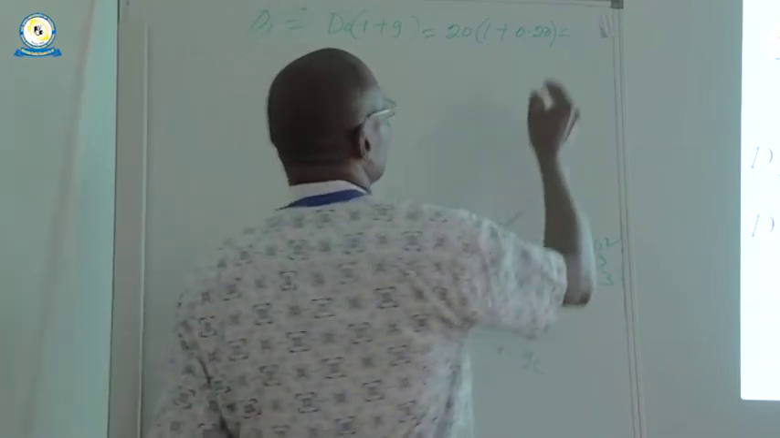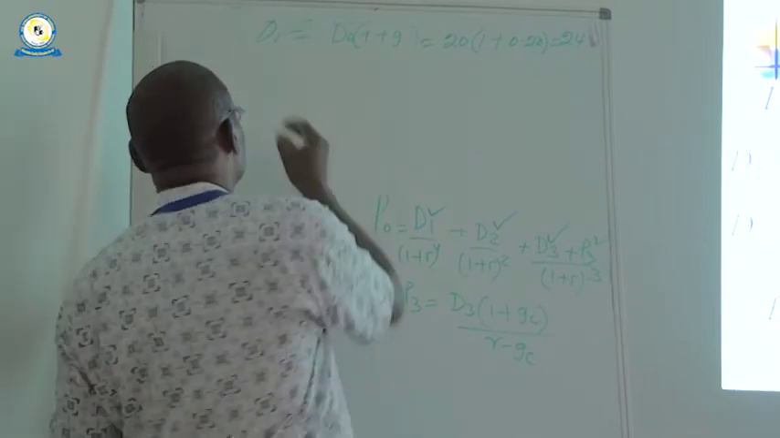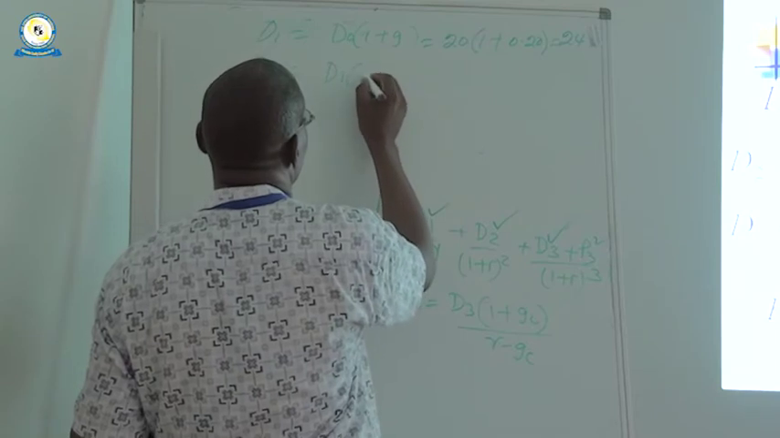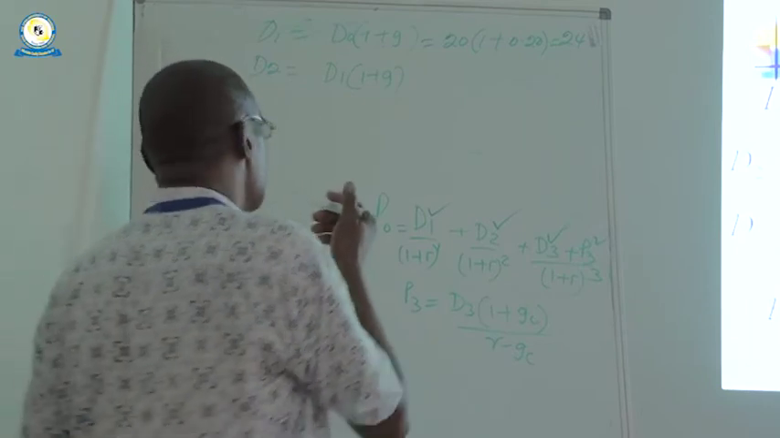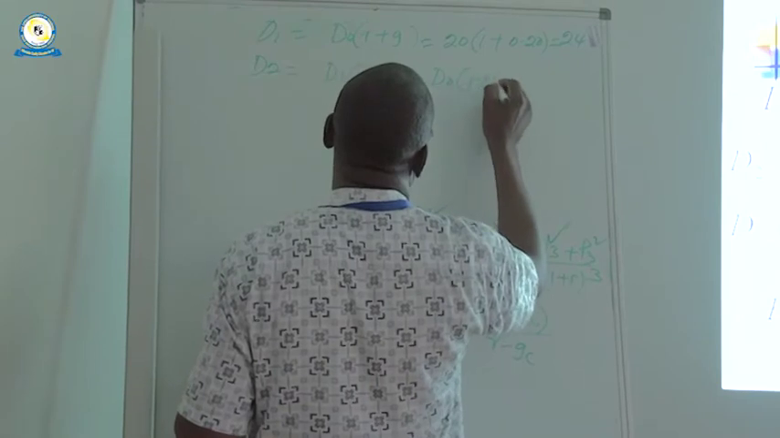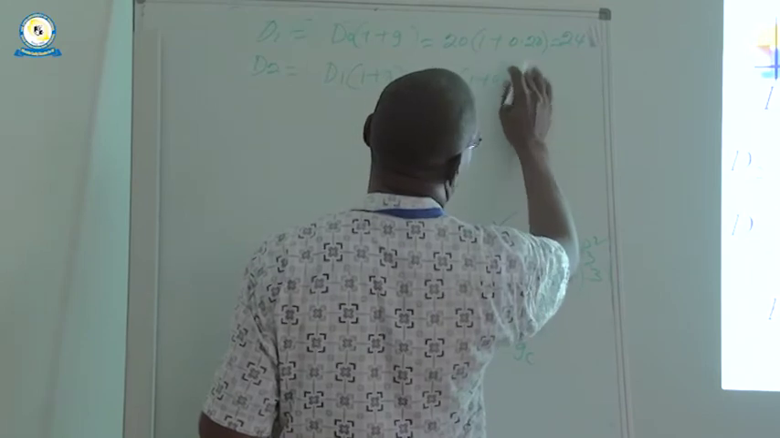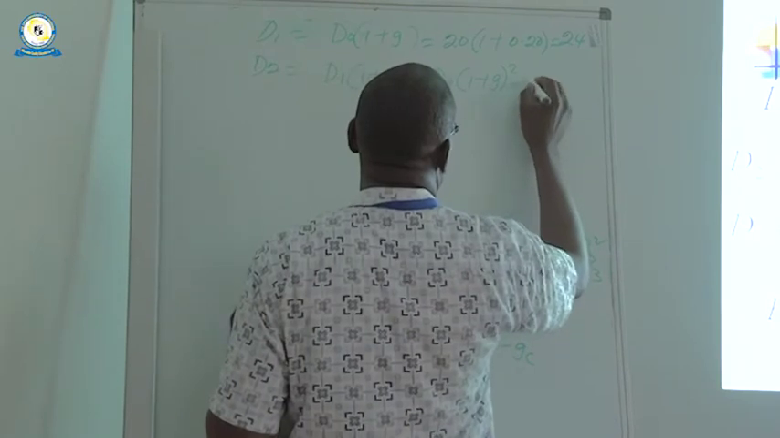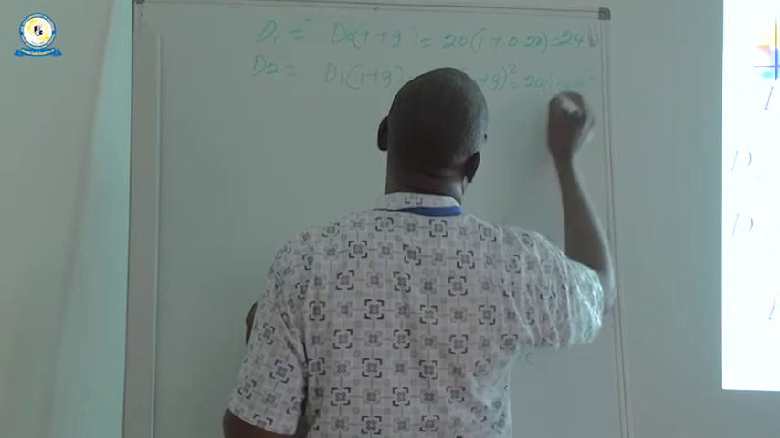You will receive 24. To get D2, you take D1 times 1 plus G. That is, either we take that, or if you don't like to use this, take D naught times 1 plus G squared. So we may take 20 into 1 plus 0.20 squared. So we will get